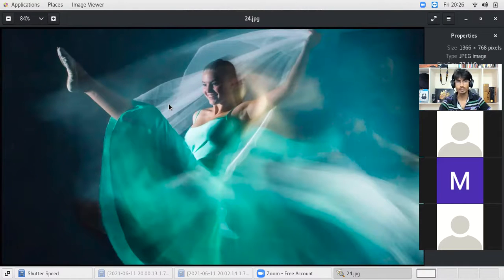With the help of shutter speed, you can even get very creative photos like this. You have to go for a longer or slower shutter speed, but only natural light will not do this. If you want to take this type of photo, some external light like the use of flash or strobe is also required. But with the help of shutter speed, you can achieve this type of creative photo.